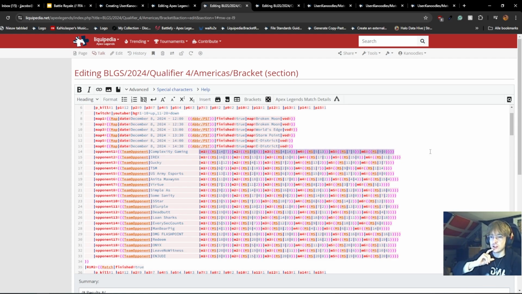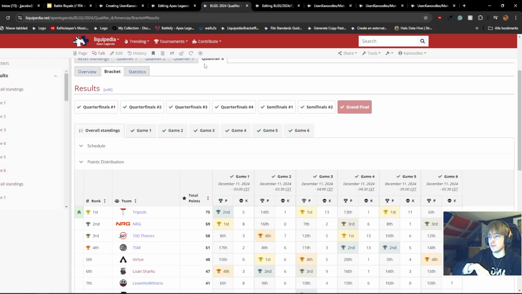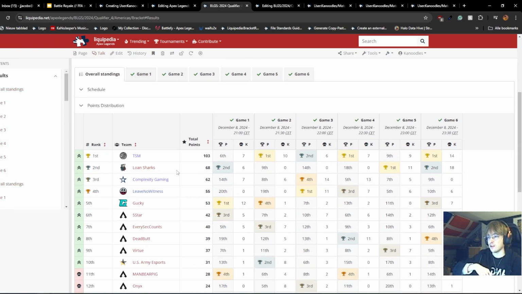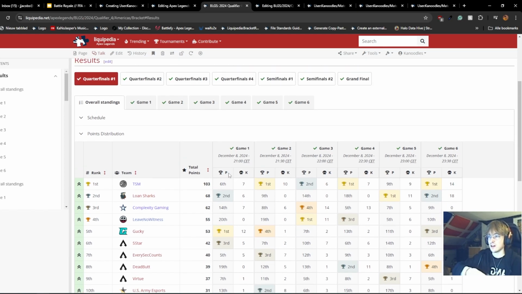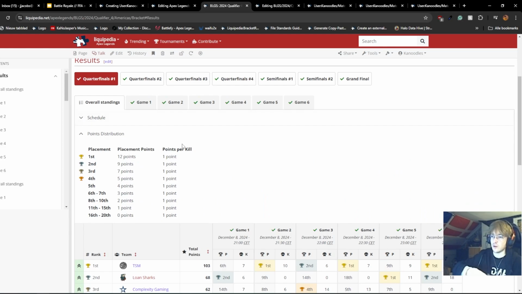So this is one series just for Complexity Gaming here. So as you can see, let's say Complexity was 14 and 7 in the first game. We can go here, double check this, 14, 7. Now, what else is here? As you see, the point distribution that we showed earlier shows up here. The reason the kill points show per placement is also because we're accounting for different formats where kill points might